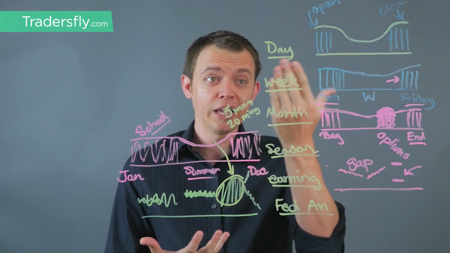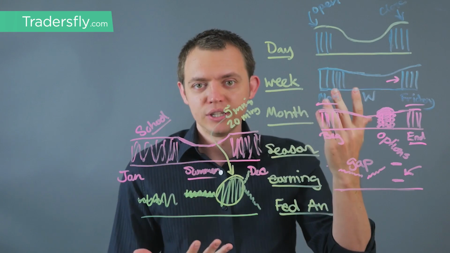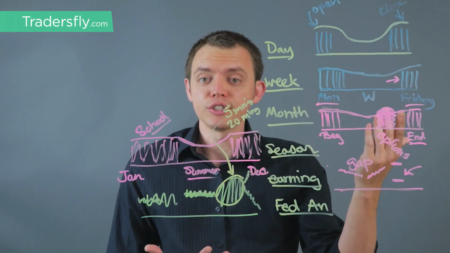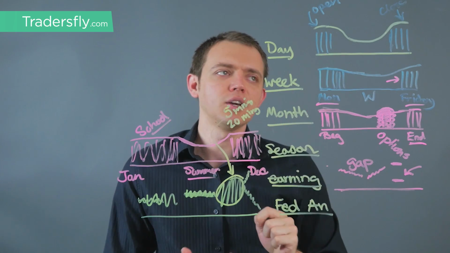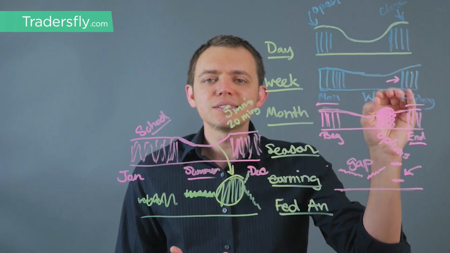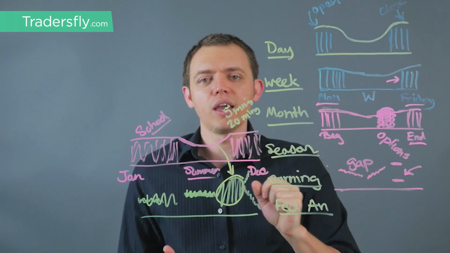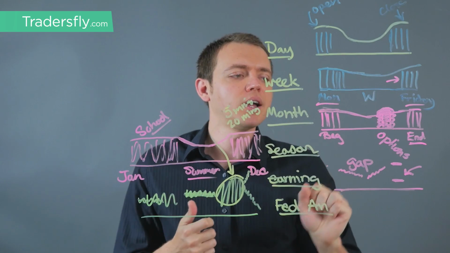So for example, looking at the day-to-day, just because the opening volume is large doesn't mean you need to get in if the price is moving higher, because all of a sudden it could reverse, right? Because it's supposed to have more volume at the open. So don't get caught into these things. The same thing on the weekly. So if you're seeing things skyrocket on a Friday or a Monday, or even drop on a Monday or a Friday, that could be compensation from the previous week, or from the weekend.